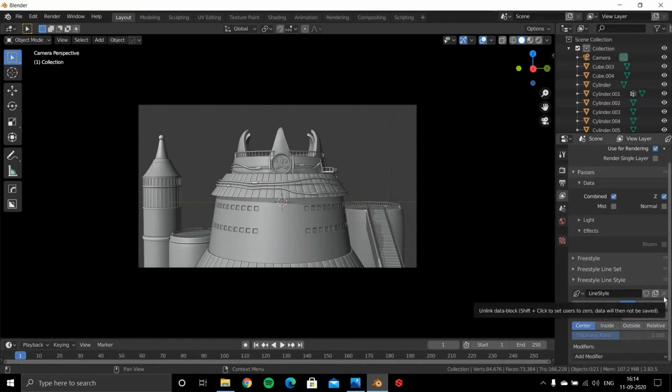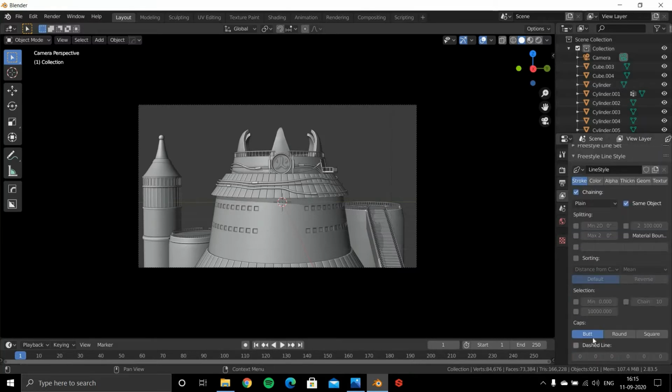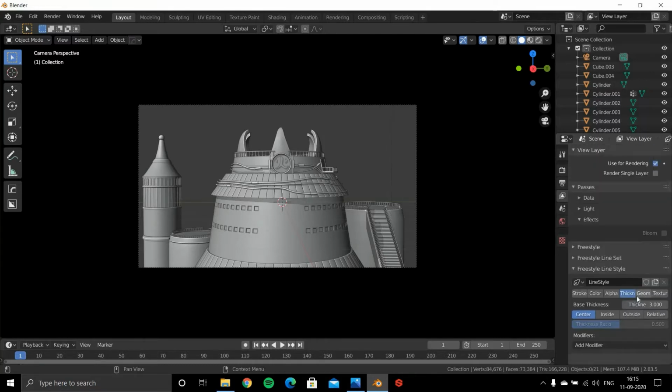This is more the settings for a single stroke. We can control the thickness, the alpha settings, the color settings, the stroke setting itself, making it a dashed line. For now we will leave everything at default, but we will later come to the thickness tab and add some modifiers. So I think we are done here.